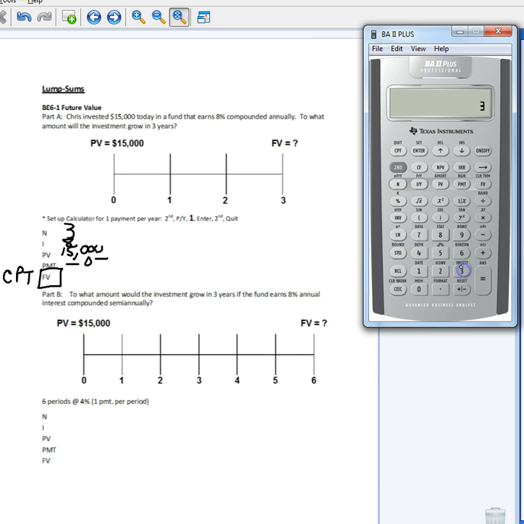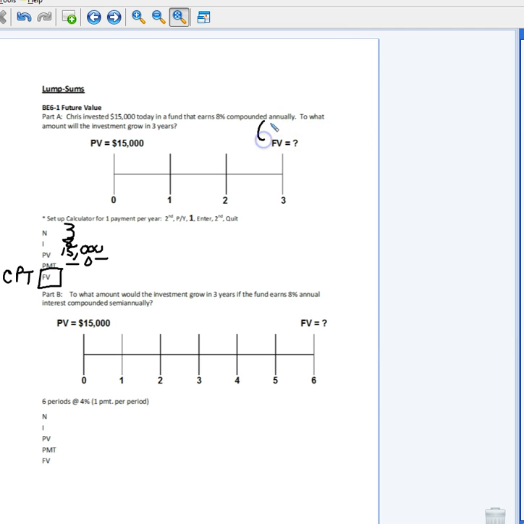So we're going to hit 3 is N, 8 is the interest rate, 15,000 is our present value, 0 is our payment, and go up to this compute key, hit compute, future value. Now it'll show up as a negative, but there's our 18,896 if you round up. I'll put it here as a negative, 18,896,